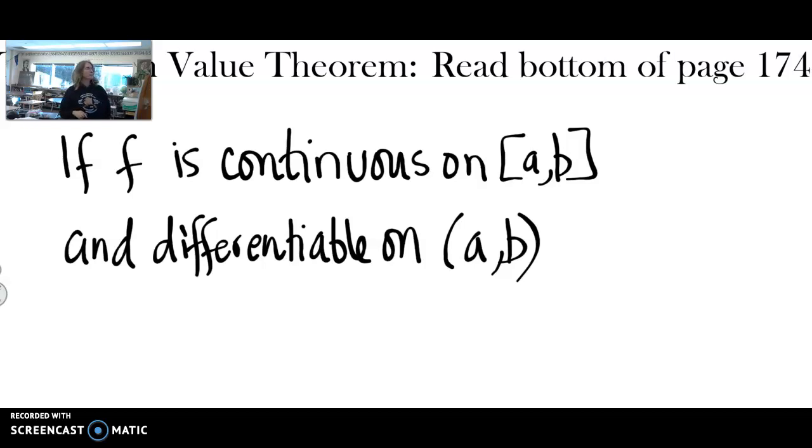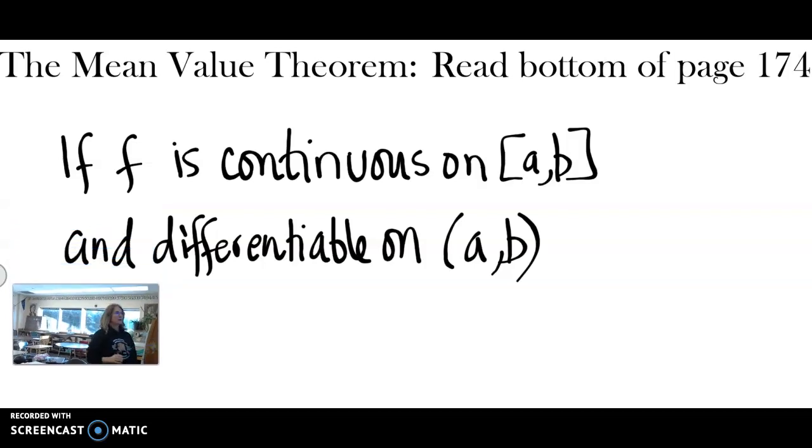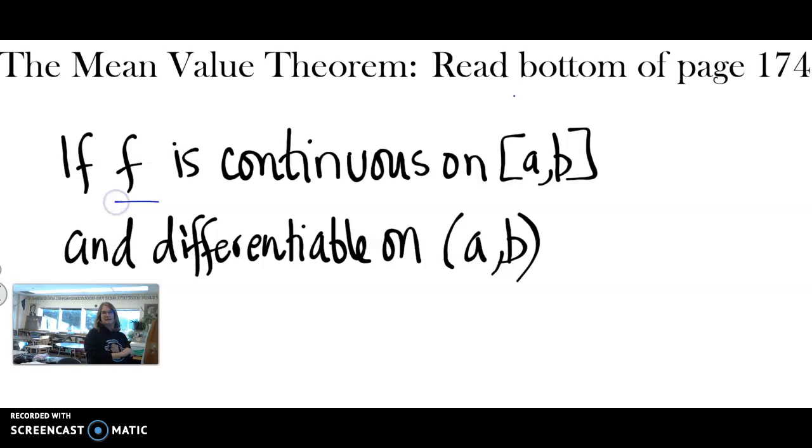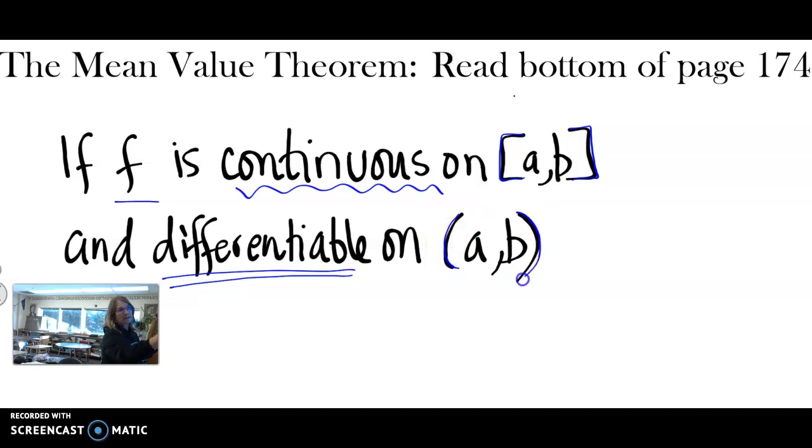Hey there. What we're going to talk about in this video is the mean value theorem. We went through this in our notes the other day, but the mean value theorem says that if you have a function f and it is continuous, this is important, these little details, on the closed interval, that's what those brackets mean, [a, b], so [a, b] is an interval in the x direction, and if it is differentiable on the open interval (a, b), then